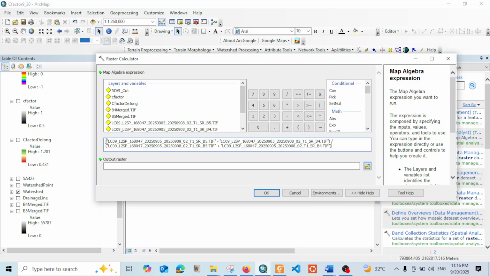For example, for the top one, I may cut this one, then write, you can choose from here, float, then paste. Also here I can cut, then write float,